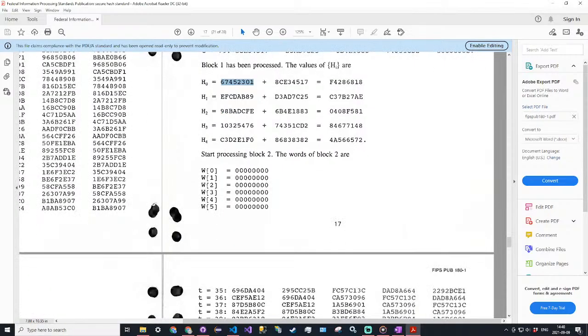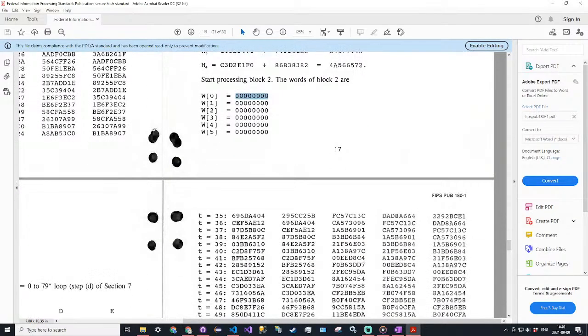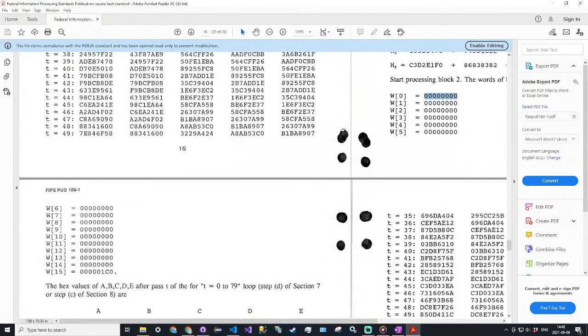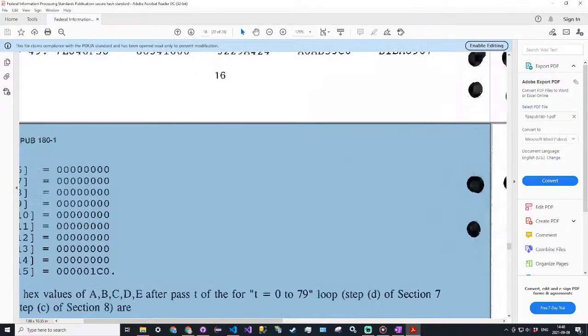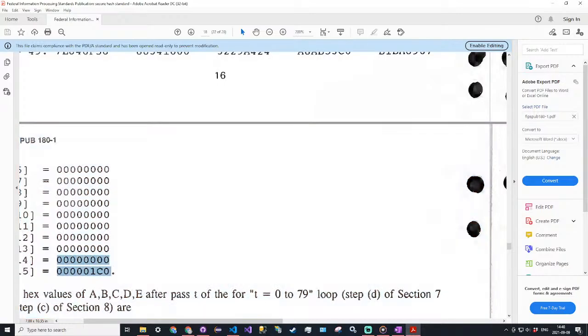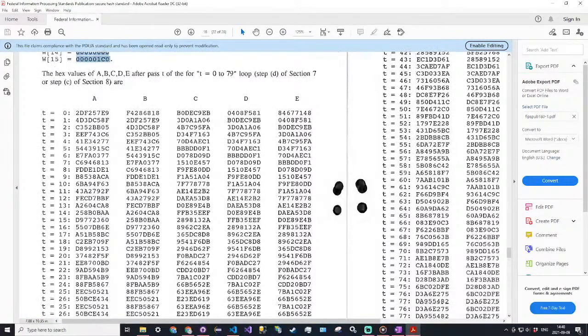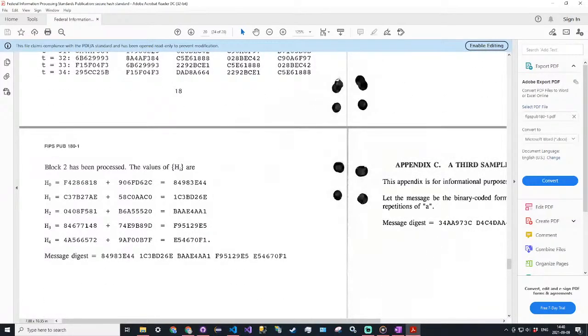Then for block 2, it's the same stuff, but notice how the state is all zeros except for the last byte, which contains the length. So these last two bytes here contain the length. And then we run the function again, all 80 iterations, add the values to the existing output buffer to get our true output, which is